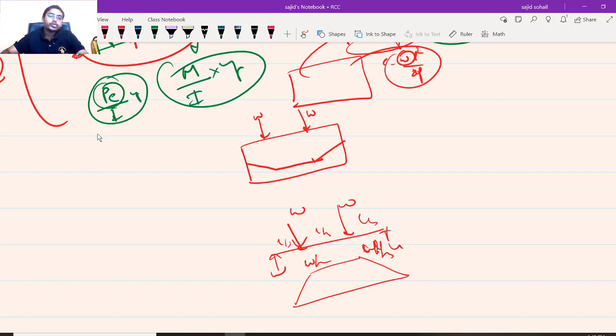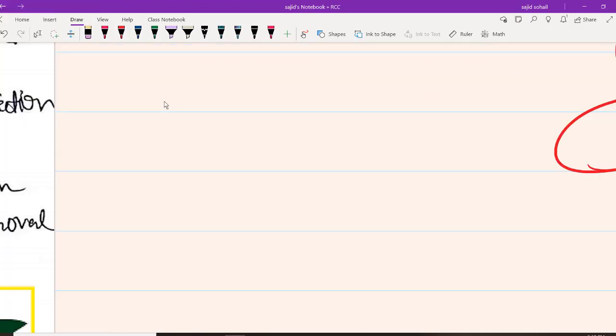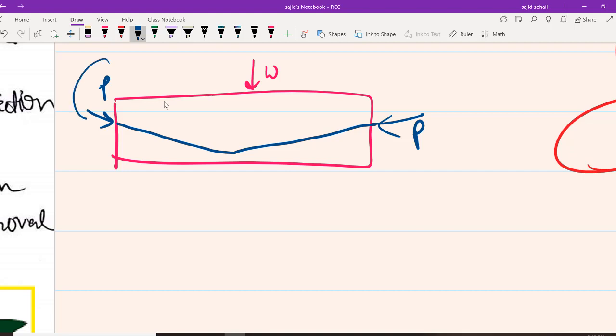But let us go into detail. Now let us see the real thing, how much effect there is because of this eccentricity. Let us analyze a beam using this load balancing concept. For example, there is some load W, and we have our pre-stressing something like this. Obviously a compressive force P is being generated on the beam. Let me make it very clear. This P and this W are external forces, meaning forces acting outside my body. There are certain internal forces resisting them. Let us try to understand.